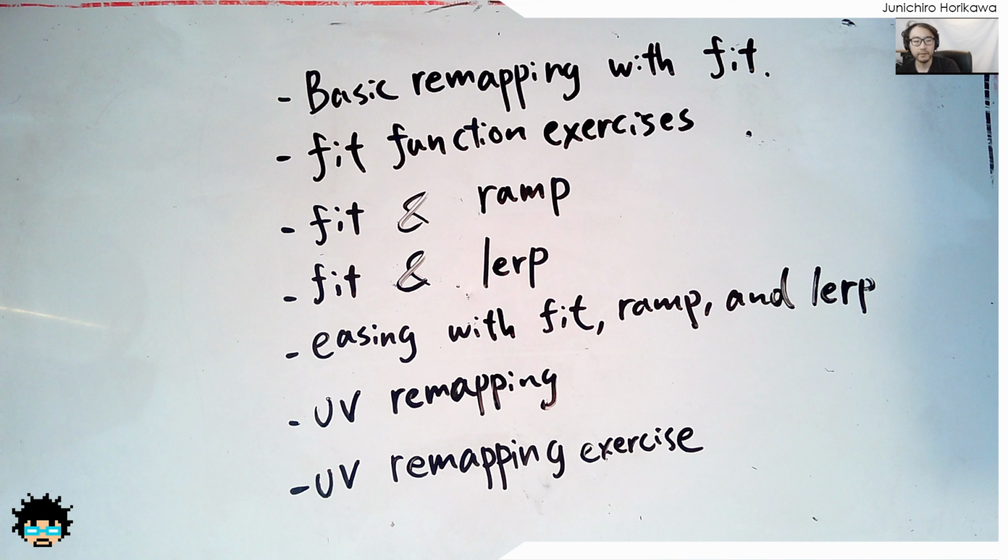as well. The purpose of the remapping is to change a specific analytical value into something visible or something useful for other purposes, especially in a case where it's hard to use the value itself directly. You need an operation for the remapping so that you'll be able to use it for your visual purpose or something else. And many of the exercises I'm going to talk about today focus on remapping the value so that you can use it for a visual purpose, which I think is the easiest way to understand